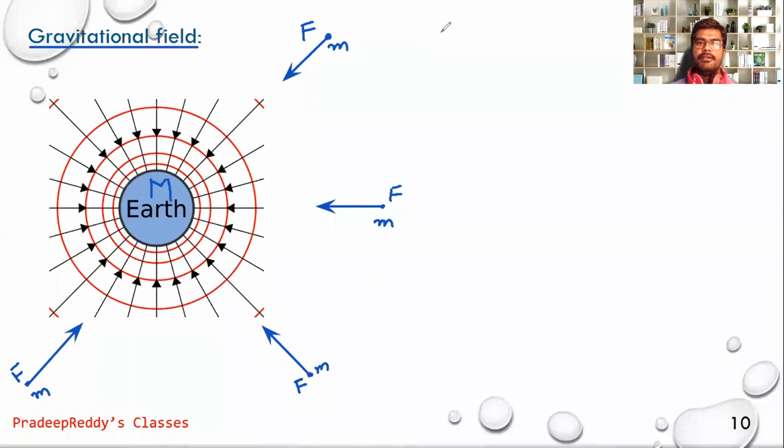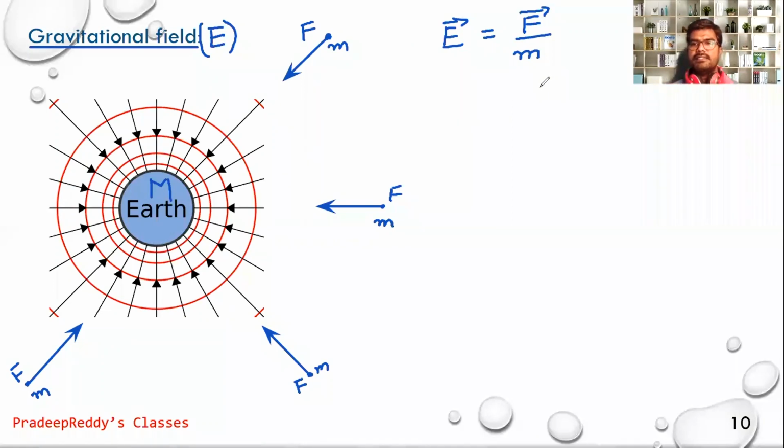Therefore, here you can write gravitational field. Gravitational field is denoted with E. Gravitational field is the gravitational force experienced by a point mass placed in the vicinity of